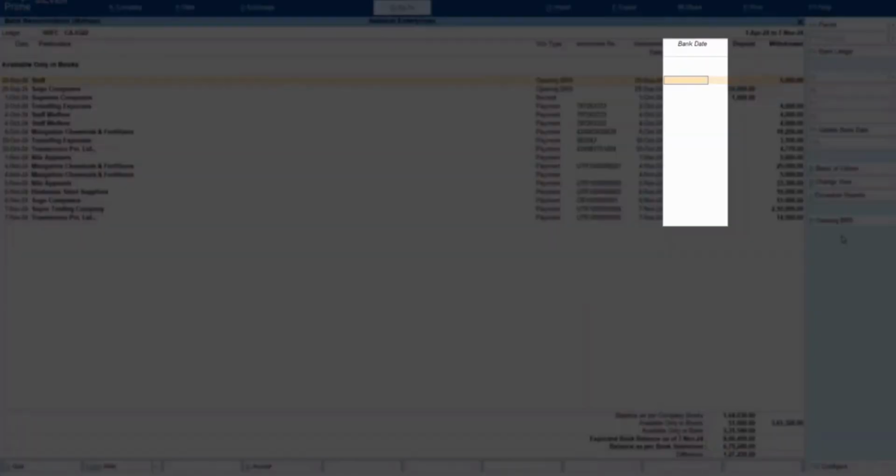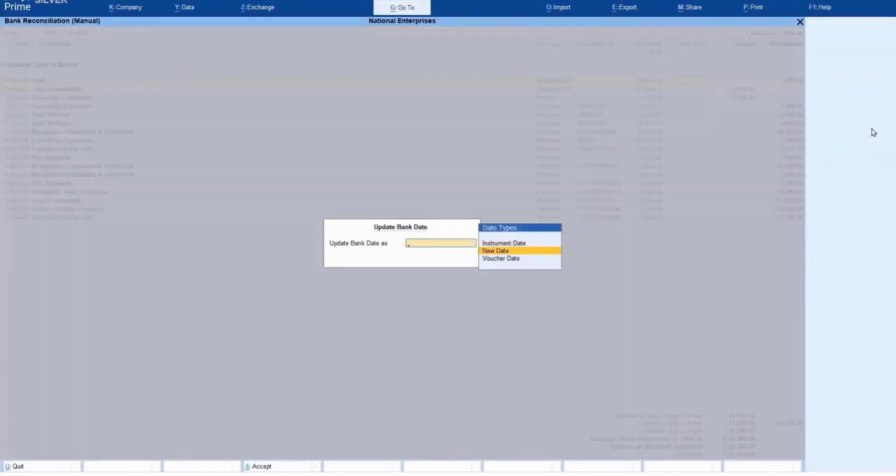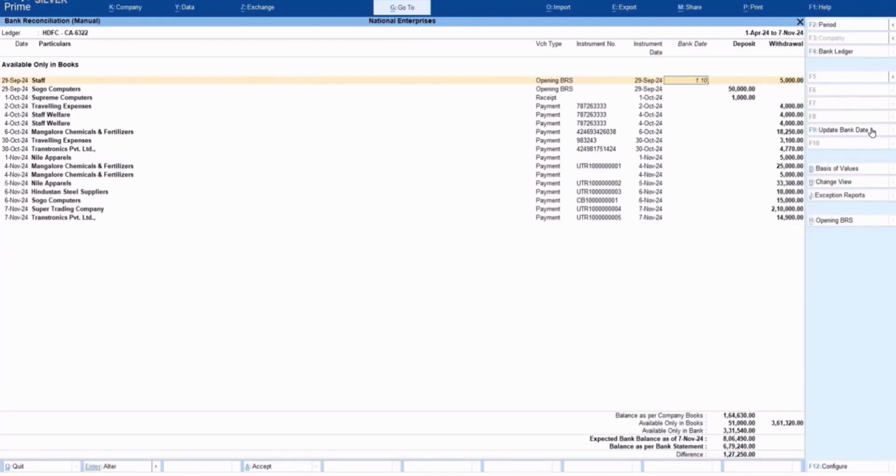In the Bank Date column, update bank date as instrument date, new date, or voucher date for the transactions you want to reconcile. You can also add the date manually and press Ctrl A to reconcile the transaction.